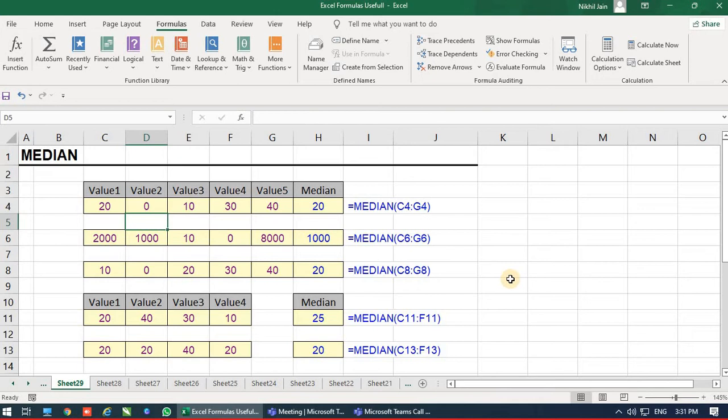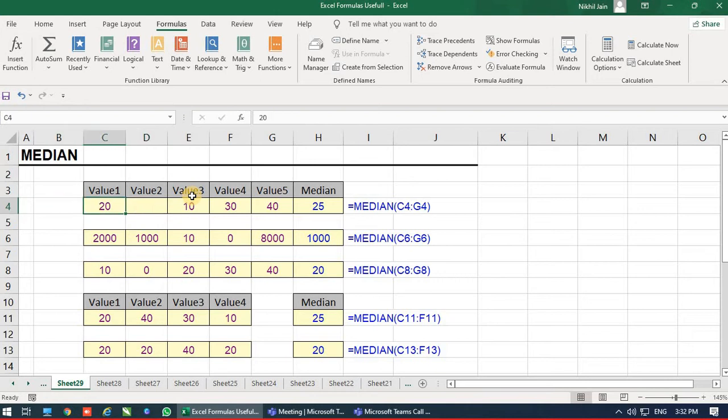Okay, so we have 5 values. What happens if we give 4 values? Now my question to you all: there are 4 values, 10, 20, 30, 40. I'll delete this 0. What will happen? Does the answer remain 20 or 30, or will it change? Yes, it changed, 25. So now the computer works on the middle value from the given numbers. So the answer can change.